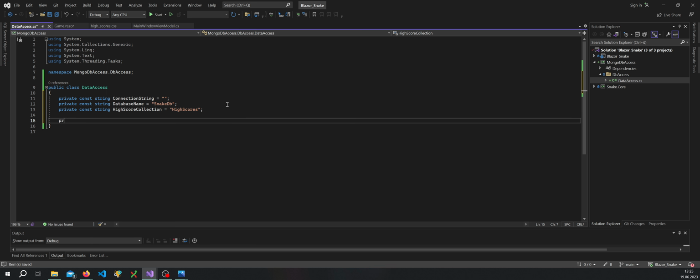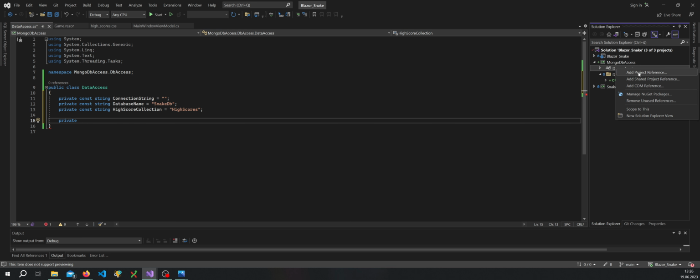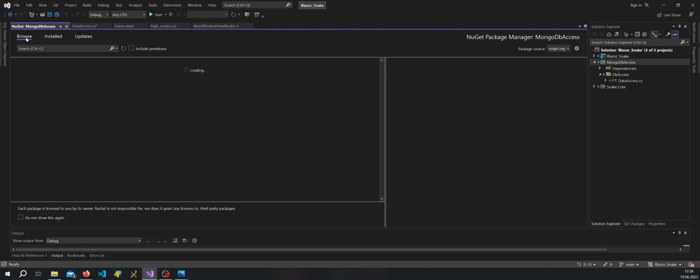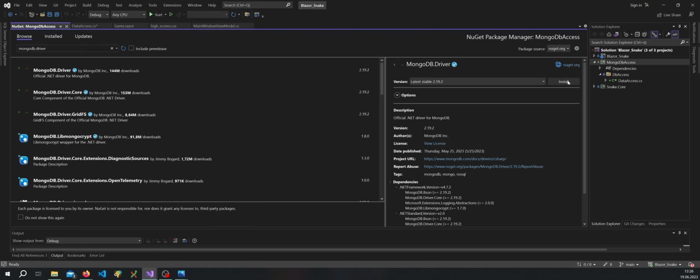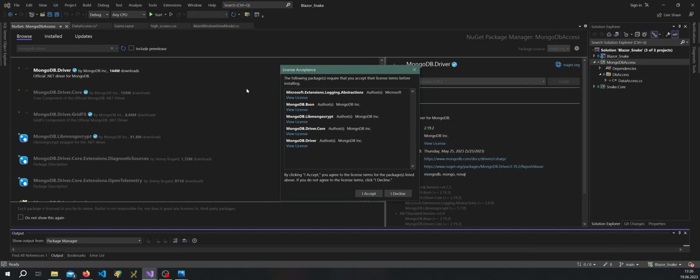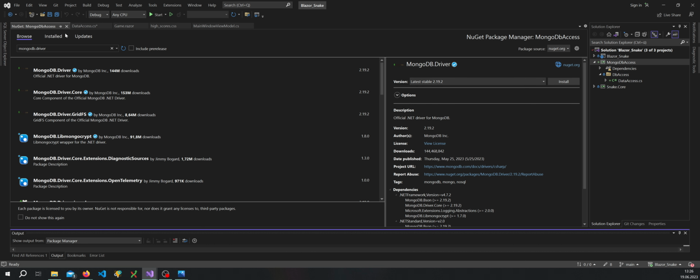And then we have to add a NuGet package. So let's go to NuGet packages, browse, and then MongoDB.Driver. Yeah, so MongoDB.Driver, install that. Accept, and once that is installed,